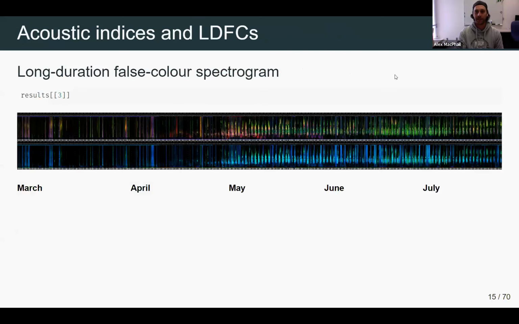The third object that comes out of the glean AP function is the long duration false color spectrogram. So what you're looking at here, again, are the summary index results from the various indices that are included in the software package from all of the recordings from that location again. So this is 30 gigabytes of audio data that's actually condensed down into a single image. And so you can see here the months that I've labeled below, where you can have migration taking place at the end of April, beginning of May, and then decreasing throughout the summer,